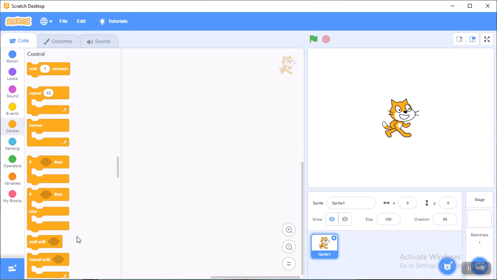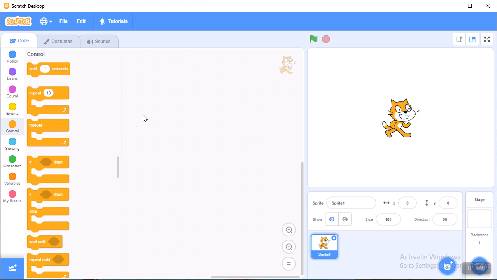And this one is our sprite. Whatever actions we perform, we give instructions and the actions are performed by this Tomcat. So this is our sprite, and here we will write our coding. Let's start.